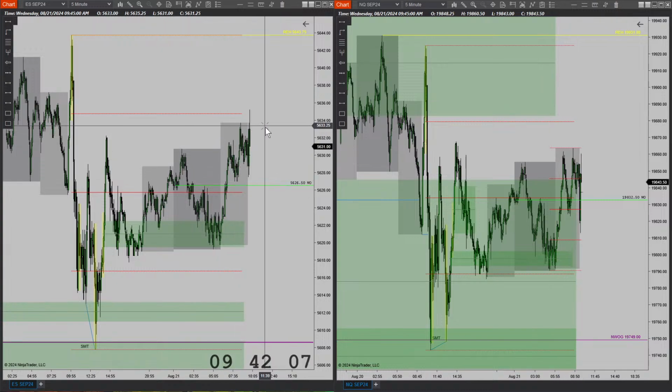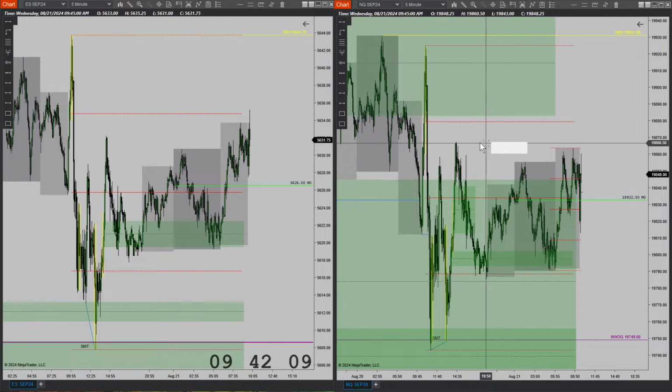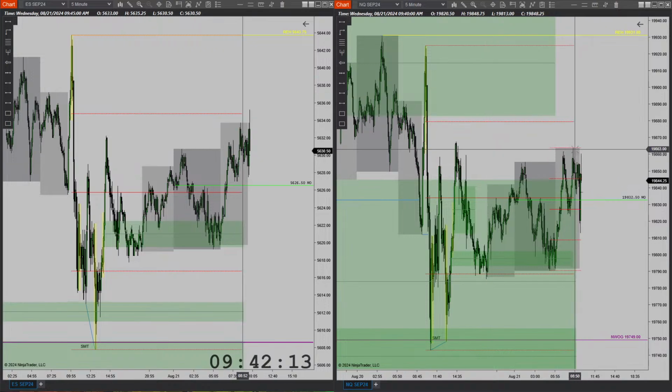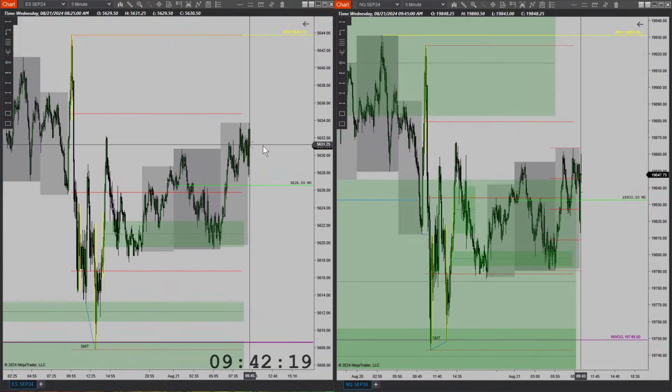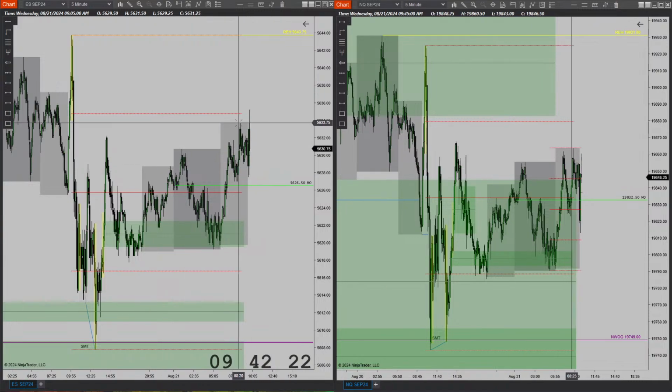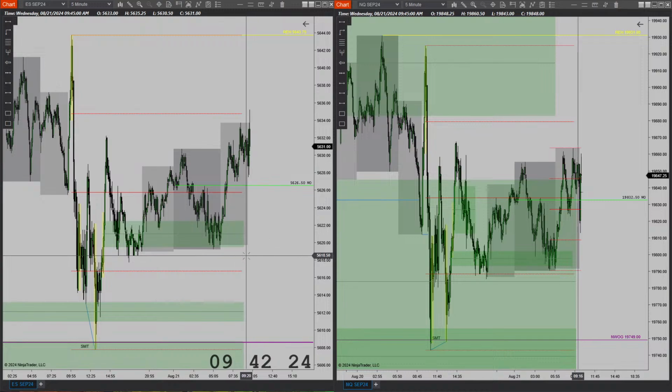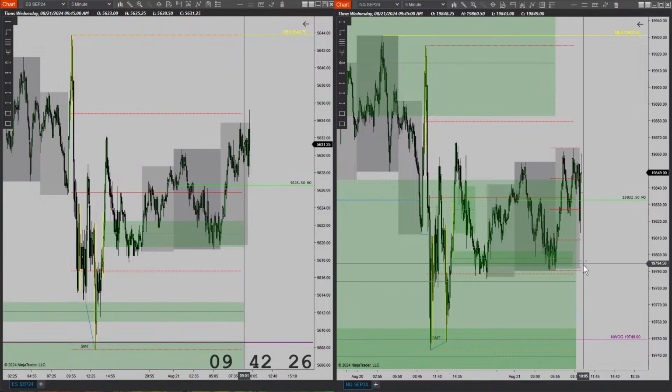That's SMT between this high and this high, this high and this high. But again, I don't expect these highs to remain. I would expect for these highs to get broken. But since the objective has already been met here, I wouldn't be surprised if we ran these lows now. It's still not out of the realm of possibility.